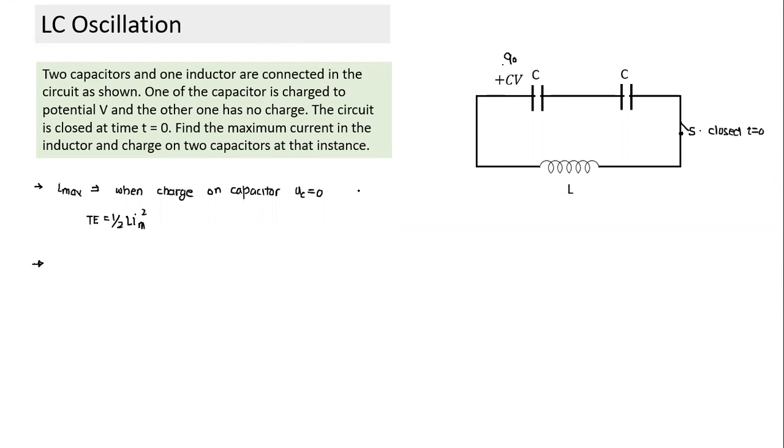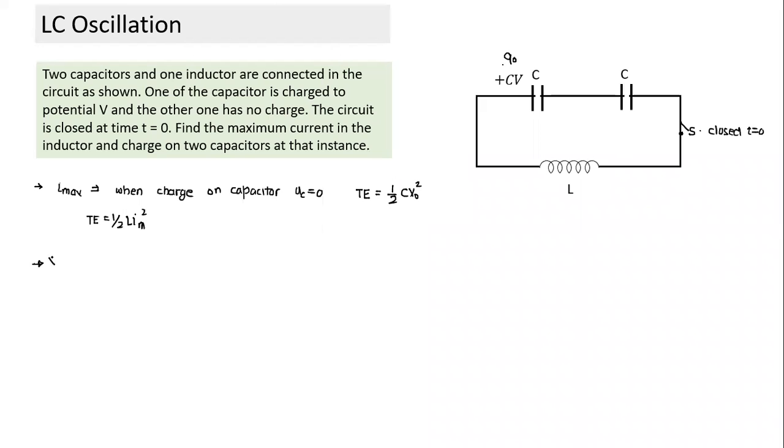As far as the total energy of the LC oscillation is concerned, total energy is equal to total energy at time t equal to 0. There's no current, so the inductor has no energy. This capacitor is not charged, so it has no energy. This one is charged to potential V. So I could have written total energy stored is equal to 1 by 2 C V naught square, or in terms of Q and V. But can I equate this quantity to 1 by 2 L i max square or not? And I'm telling you it is not.